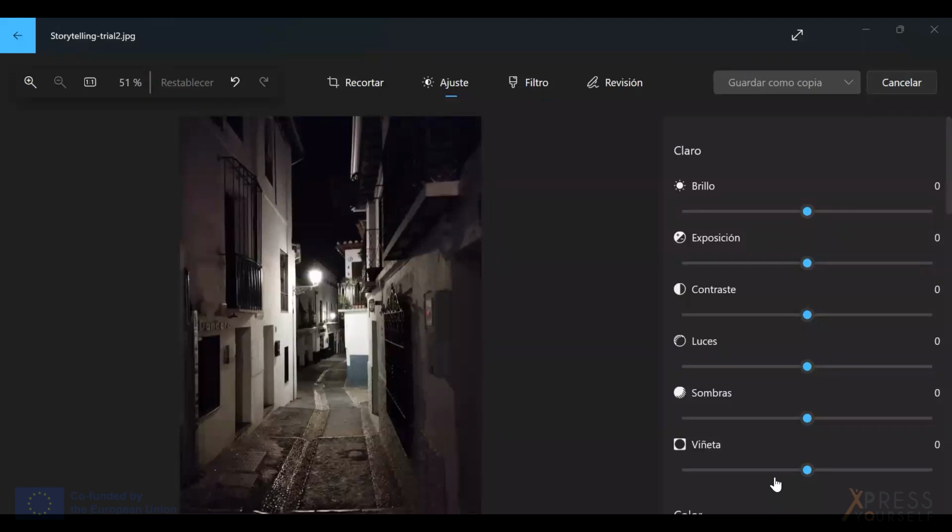So back to the same picture that I got as an example. You see here, exposure, right? The picture is dark here because there's a light here, another one here, so they don't reach the place in which the photographer was, right? And the photographer was not using any other source of light, so the light is around here.